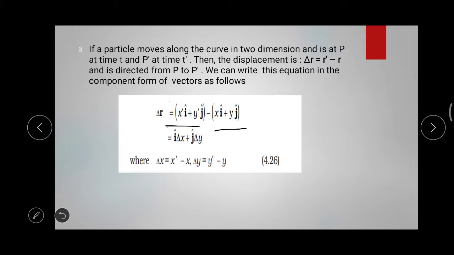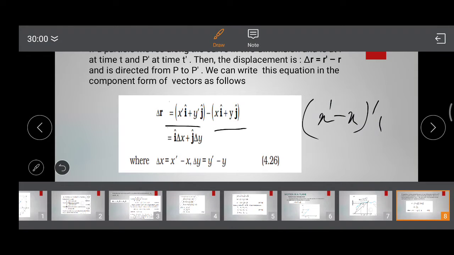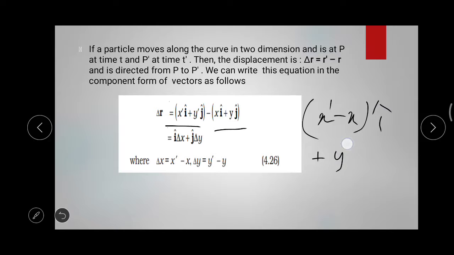So it will be x dash minus x i cap plus y dash minus y j cap, delta r is equal to